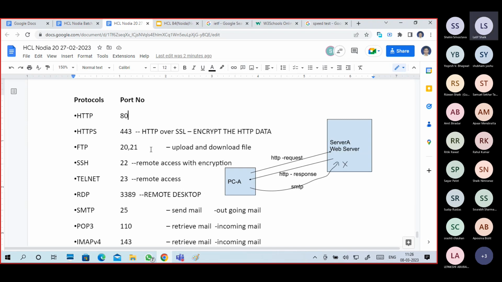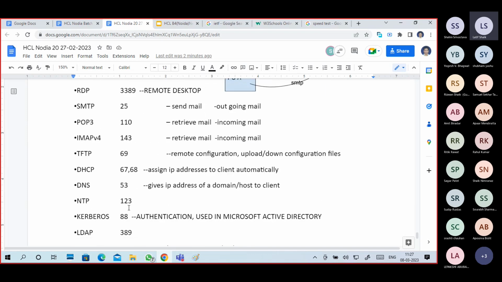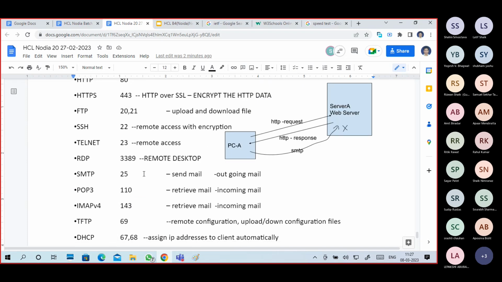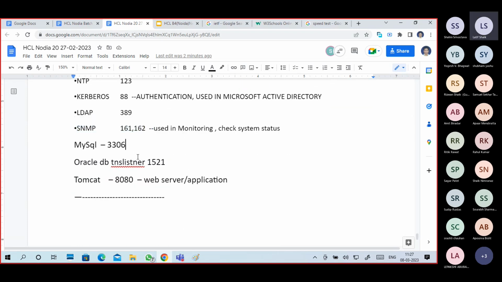Out of 1023 reserved port numbers, I have given only 15 to 16 port numbers up to here. For connectivity, sometimes we will tell the protocol, but most of the time you use a port number.